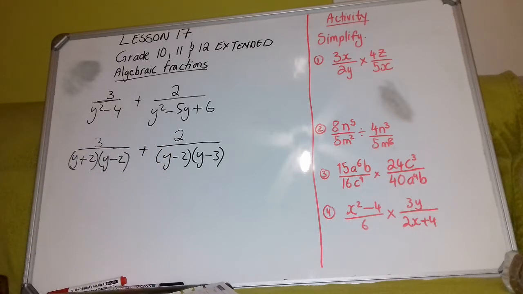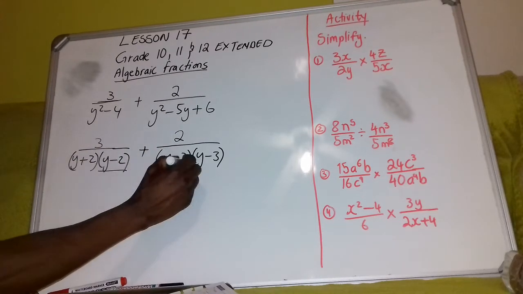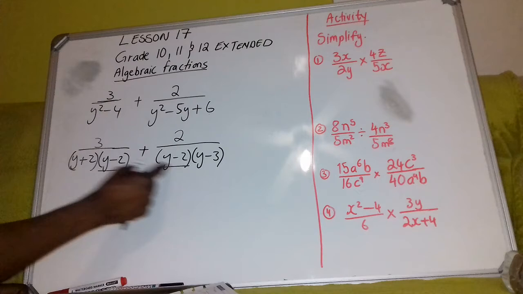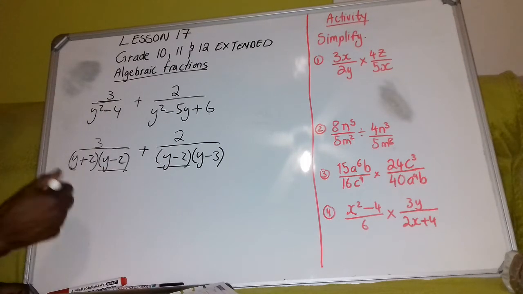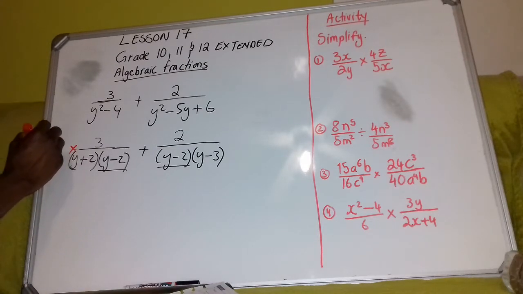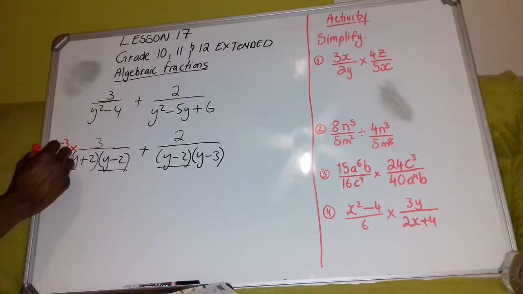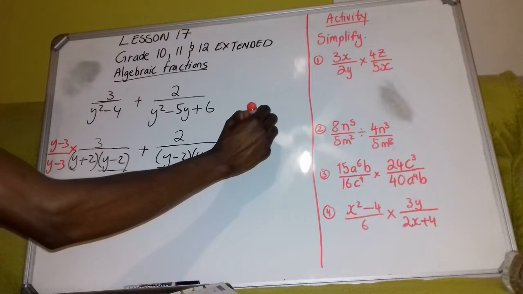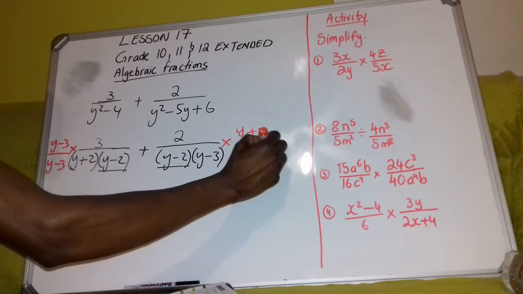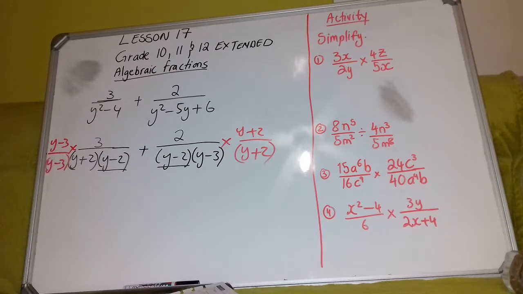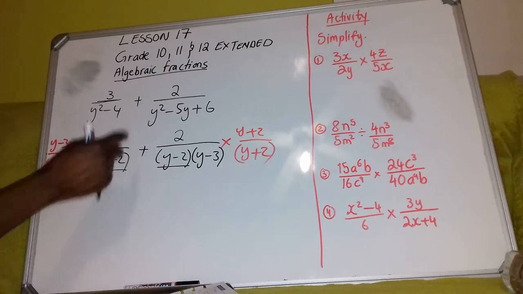5. Now, if you look at this, they have a common bracket, but this one doesn't have y minus 3, and this one doesn't have y plus 2. So it means I'll multiply. So I'll multiply this one by y minus 3 over y minus 3. This side, I'll multiply the numerator and denominator by y plus 2 over y plus 2, so that I have the same denominators. Now once I do that, I can now carry on and multiply these numerators by numerators and